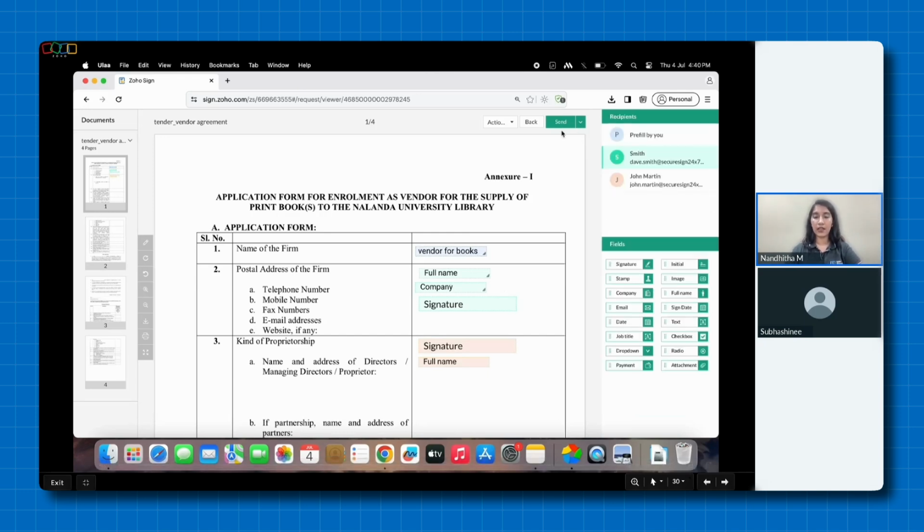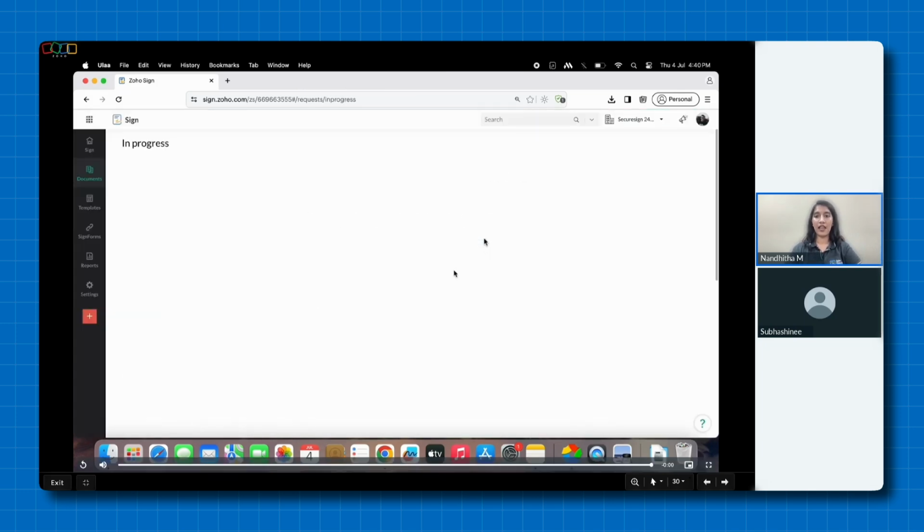So once you do this, you can again send or send later. And once you send, you can confirm the details, the fields associated with the email IDs, and the template is quickly sent out for signatures. So this is quite quick and easy to administer if you have documents that you repetitively get signed from different